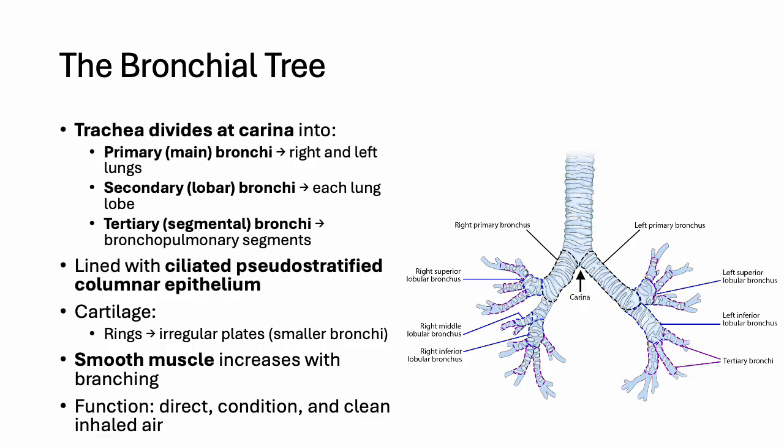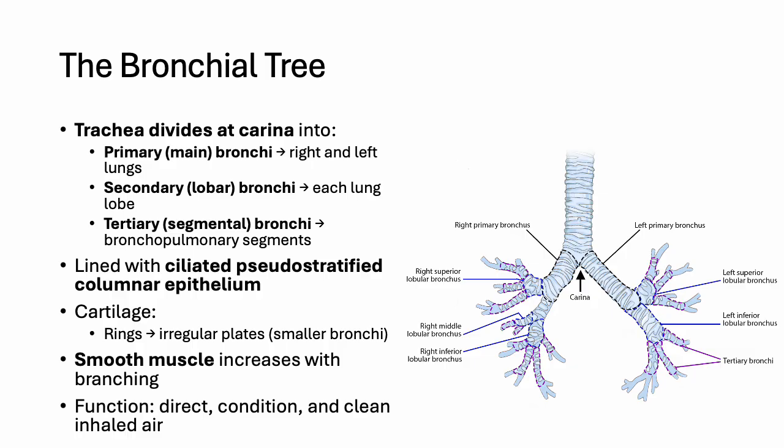As we move deeper into the conducting zone, we reach the bronchial tree, a branching network of airways that distributes air throughout the lungs. The trachea bifurcates at the ridge called the carina, which contains sensitive receptors that trigger coughing when irritated. From this point, the airway divides into the primary or main bronchi and the secondary bronchi. The primary bronchi, one for each lung. The right bronchus is wider, shorter, and more vertical than the left, which is why inhaled objects more often enter